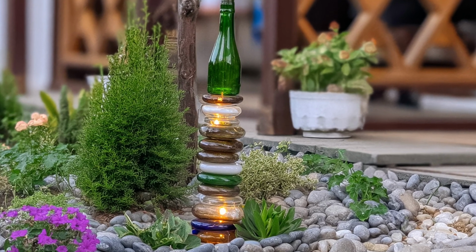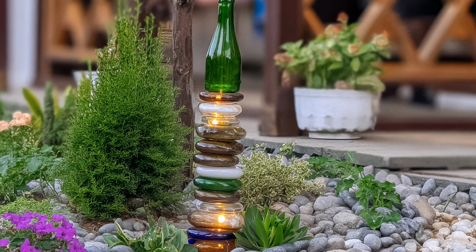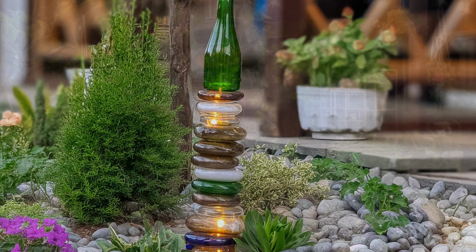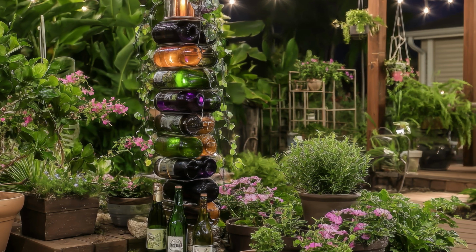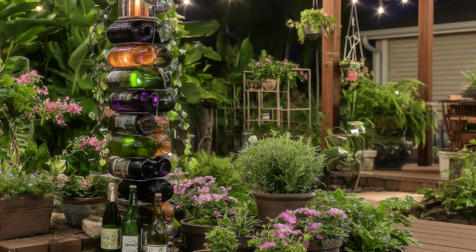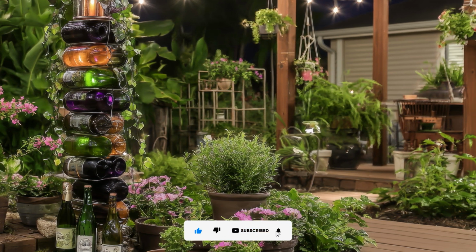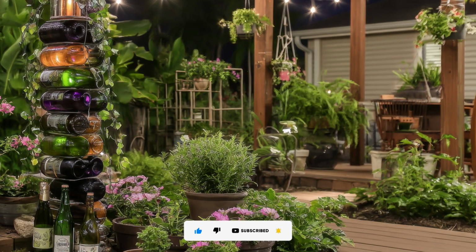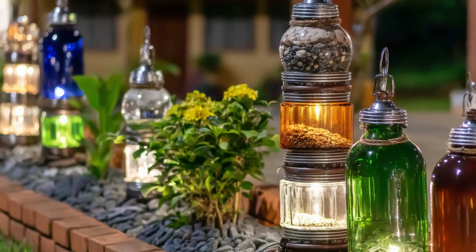Nestled within or atop some of the bottles are small solar-powered lights that charge during the day and come alive at twilight. As the sky darkens, the sculpture glows with a soft, ambient light, subtle yet captivating. The illuminated bottles cast colorful reflections on nearby stones and leaves, turning the surrounding plants into a shadowy dance of flickering hues. It's like having a lantern-lit sculpture in your garden that requires no wires, no batteries, just sunshine and